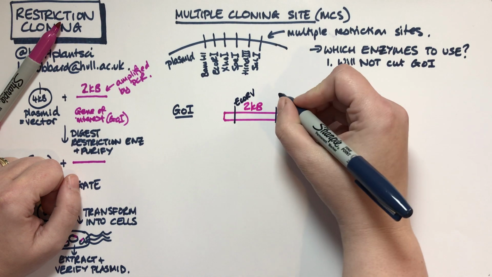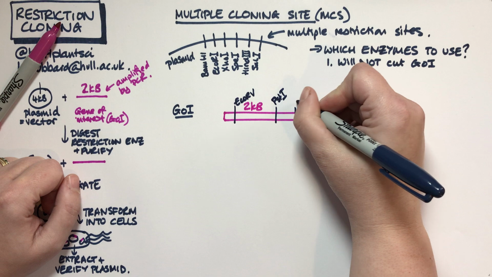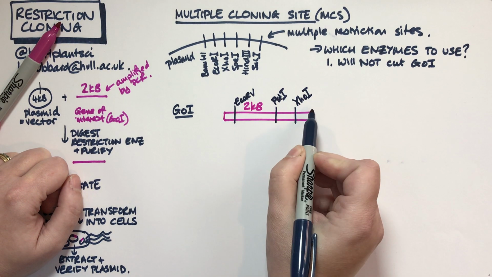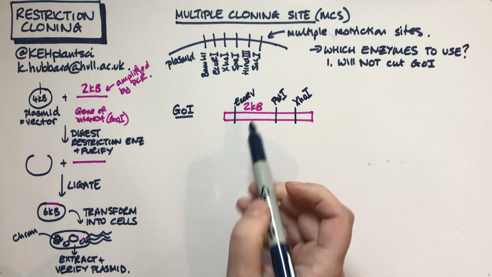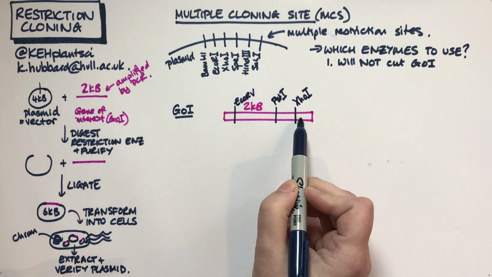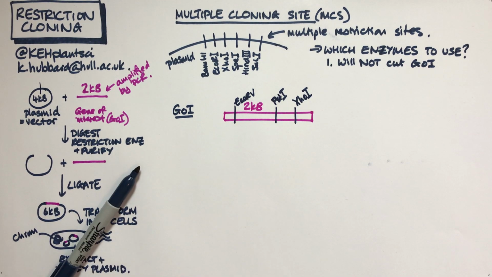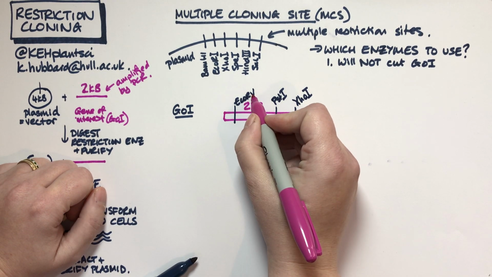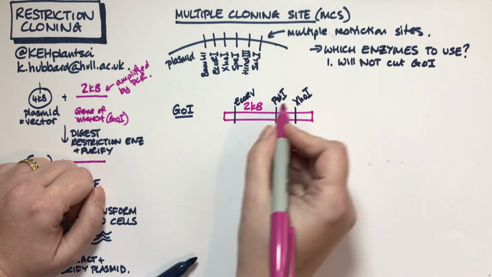Here I've got PstI, and here I've got XhoI. Just naturally in the sequence, and there are online tools you can use, you can find out which restriction enzymes are naturally going to cut in your gene of interest. And we can't use those for our cloning. So we couldn't use EcoRV, we couldn't use PstI, and we can't use XhoI, because if we do